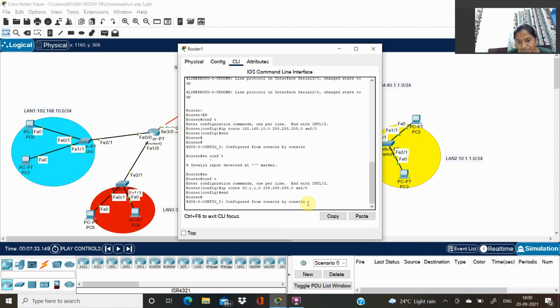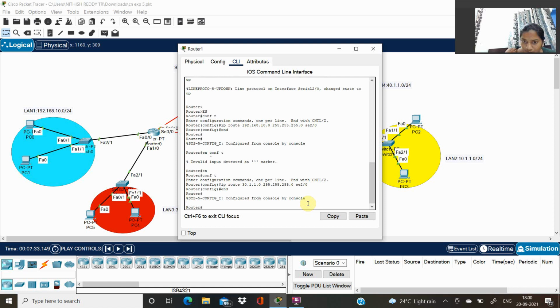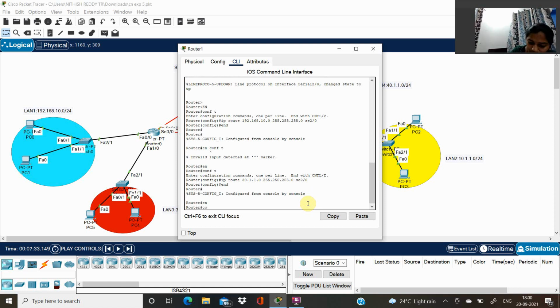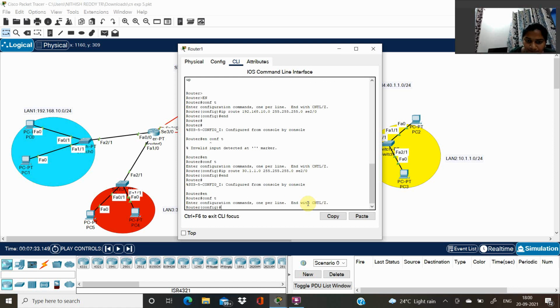First we have to enable it, then we have to configure terminal, then we have to give ip route, and we have to give the network IP route.